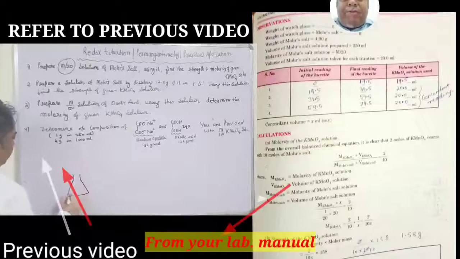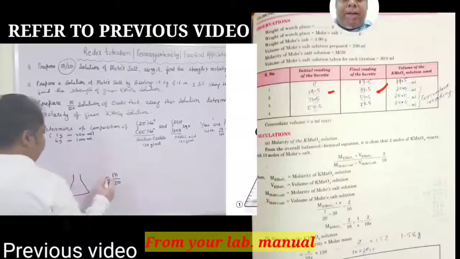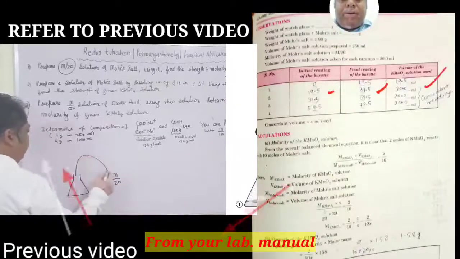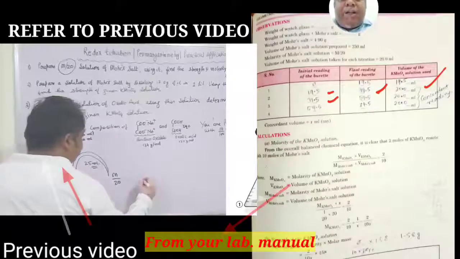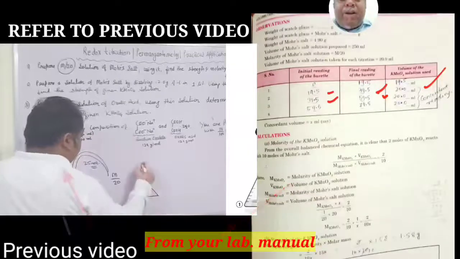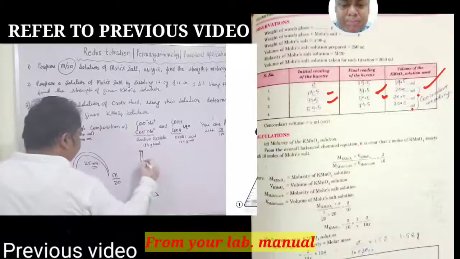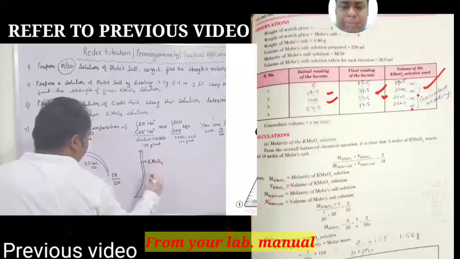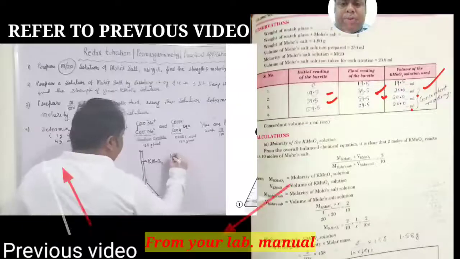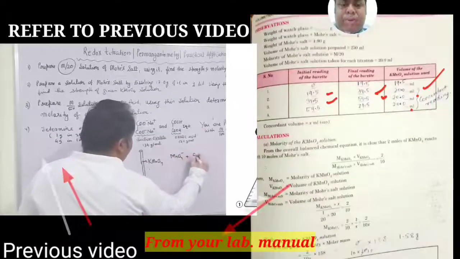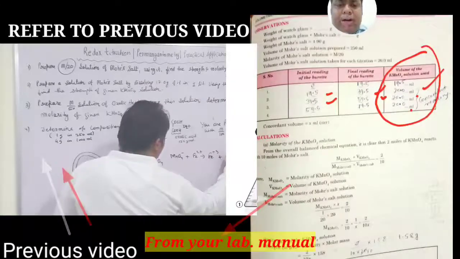So from 19.5 ml, I got 39.5 ml. So how much volume did I consume this time? I consumed 20.0 ml. Similarly, from 39.5, again I did the third experiment and I found that the volume went up to 59.5 ml and the difference in the volume was again 20 ml. So in this way, for every experiment using 20 ml of the Mohr's salt pipetted out, I got 20 ml of KMnO4 consumed. So let this value, the concordant reading 20 ml,